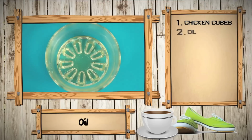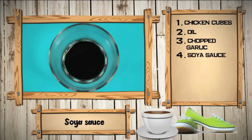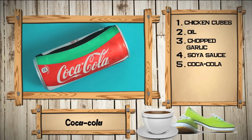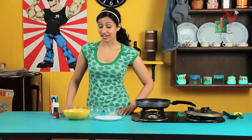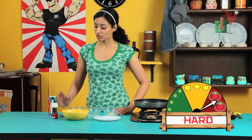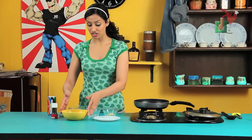Chicken cubes, oil, chopped garlic, soya sauce, Coca-Cola, vinegar. Inspired by what I heard from my friend, I decided to try and make my own kind of weird combination with Coca-Cola and chicken. So the first step in this weird recipe is we have our chicken and we're gonna